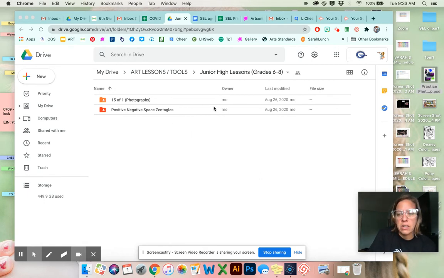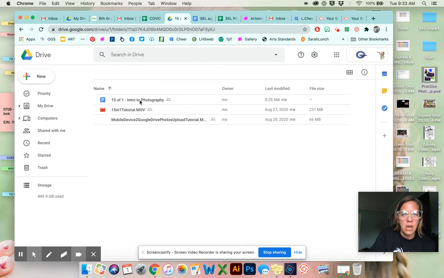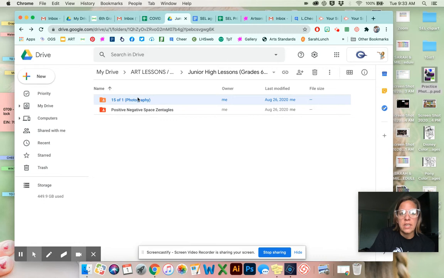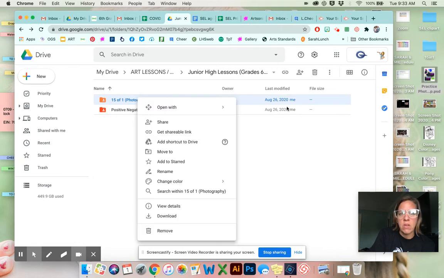So you're going to find your folder. So hopefully you made a folder. If you made individual files, that's fine, but you'll have to select them all. But you're going to select either that folder or the individual files. Okay, so we're going to go back one step here. All right, so you're going to select that folder,